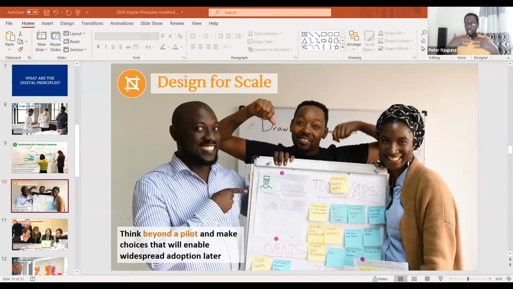Because when you have the buy-in early enough from government, it means the government will be part of scaling to the entire country. Otherwise, you'll have the proof of concept, but government might come in again and say, this is not something we think we will scale. We have proved, but we can't scale because the model of the pilot is not a model that can be put at scale. I give an example of